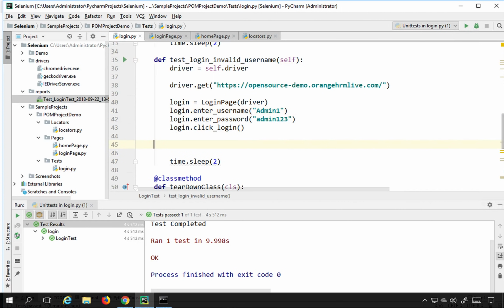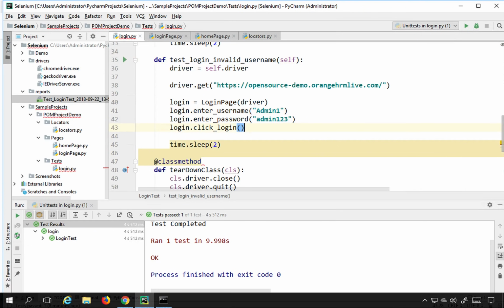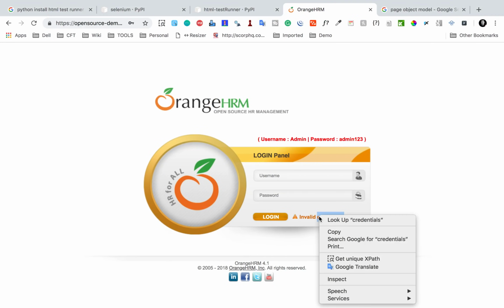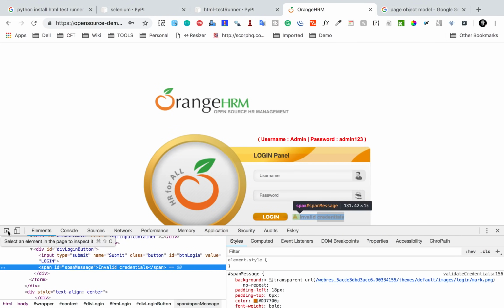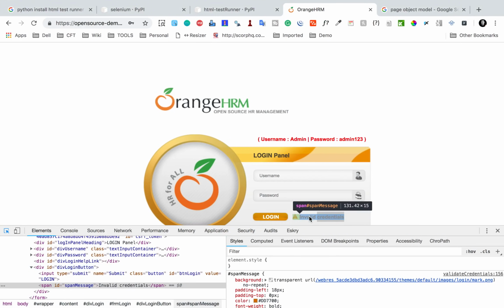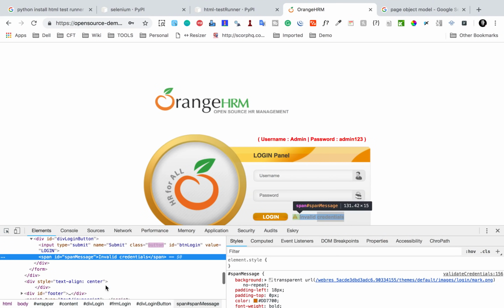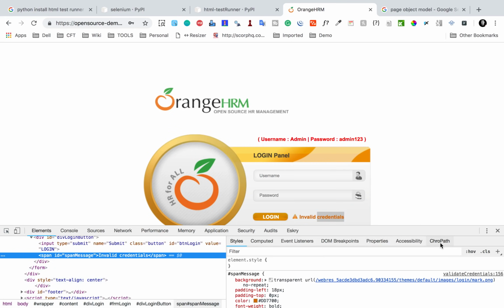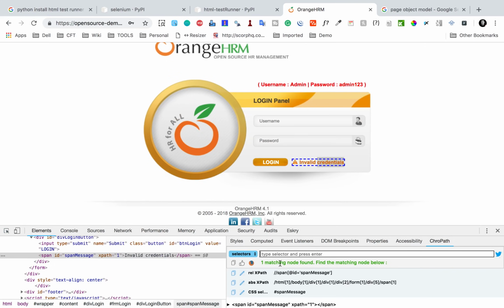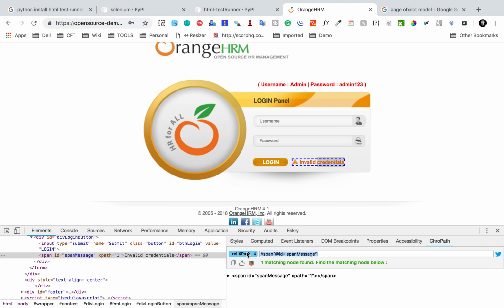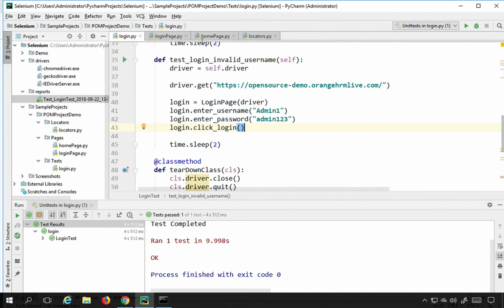And then after this I need to check the message which is invalid login. So if I inspect this, I can just inspect this. There are no direct properties available, so I can always use some tools. ChroPath is one tool, it is a plugin for Chrome, and here if I select the relative path, I am getting this. So I will copy this, and in the login page itself,